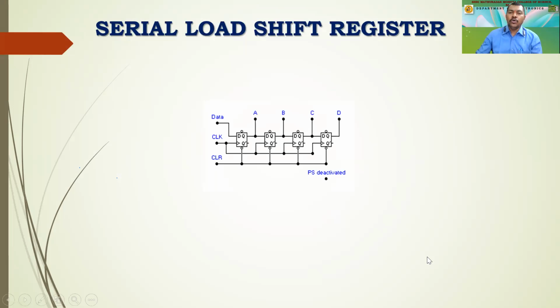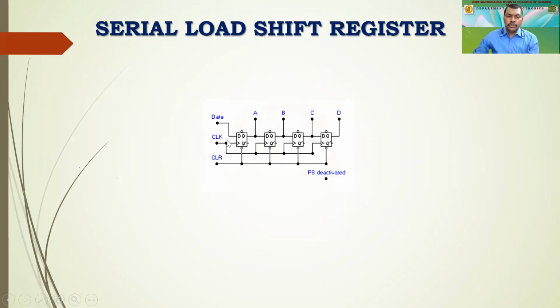Now let us study how the serial in shift register works. Accordingly, you'll understand what I was actually expecting to tell you. Here, as you can see, we have four flip flops. They are basically D flip flops, which we call data flip flops. It has only one input. And this is the basic circuit diagram that we have.